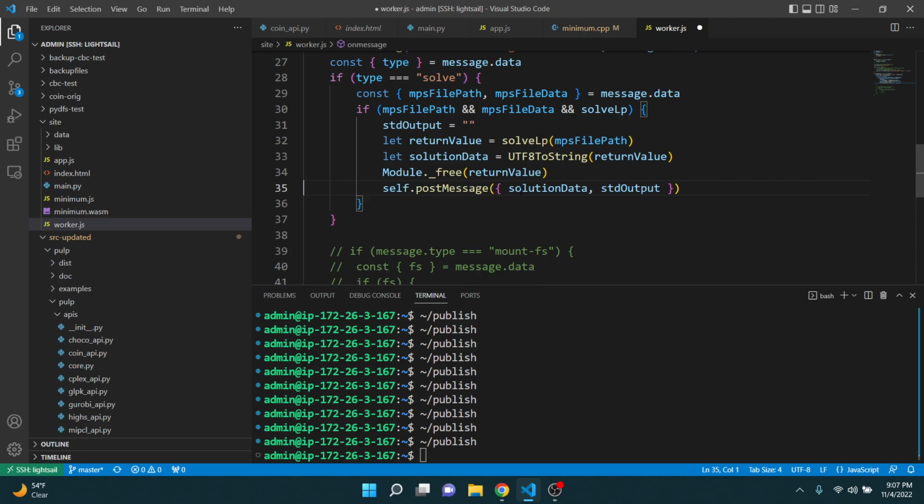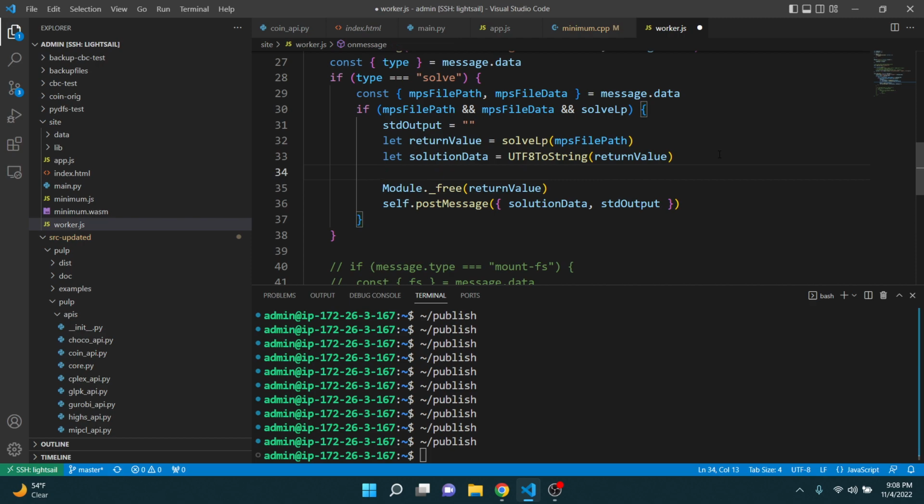Console.log return string. I don't need that anymore. So return value is the pointer. The pointer gets converted to a string. Solution data. We free the memory, and then we send the message back with the solution data. And it passes it the MPS file path. This should, in theory, work. Interesting. Okay. Well, let's just log before we go any further,